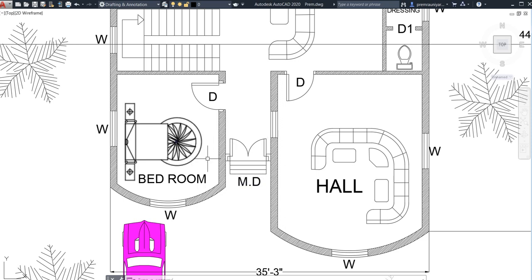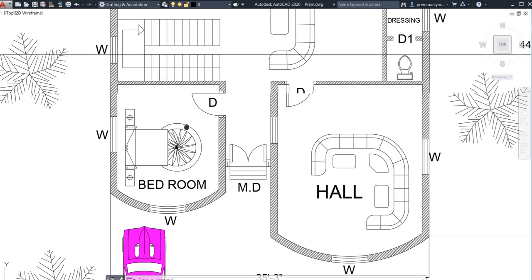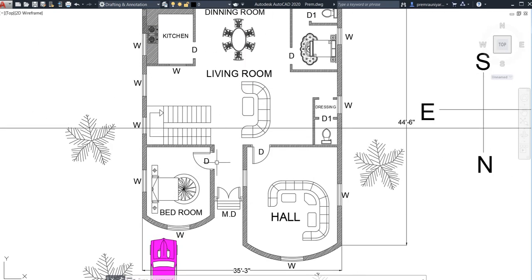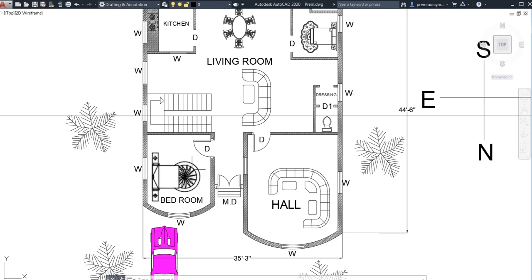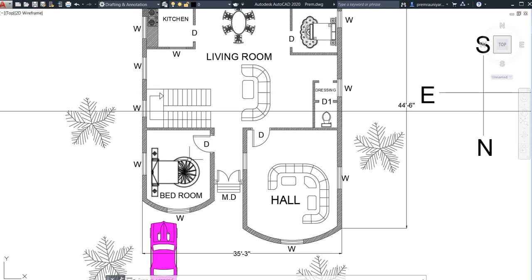So left of the main road should be the puja room. As you can see in this plan, I didn't mention any puja room, so I did not place one. If you are going to construct your puja room, mind that it should always be near the entrance of your house. Beside your entry, generally do not keep it on the right side, just keep it on the left side. And always mind this, your main door facing should be north.